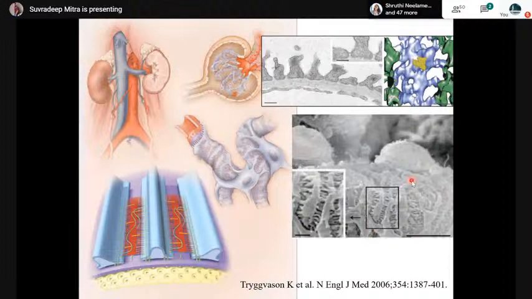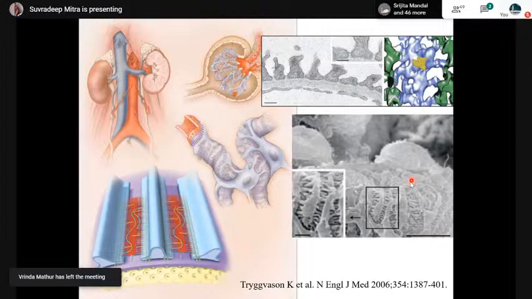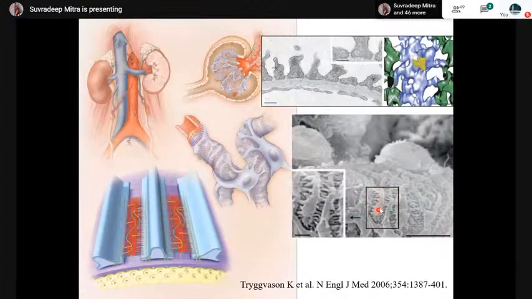It doesn't go through the tissue, but scans the surface area and gives the picture in 3 dimensions. So now you can understand this is the cell body of a foot process. Can you see this? And these are the foot processes that are emanating from the cell body, and this is the schematic diagram. You can see the foot processes which have entwined the glomerular basement membrane, giving up their foot